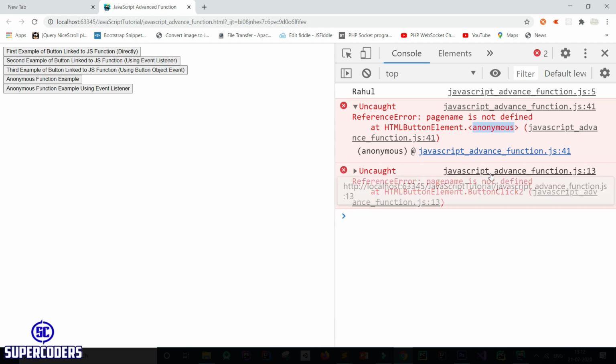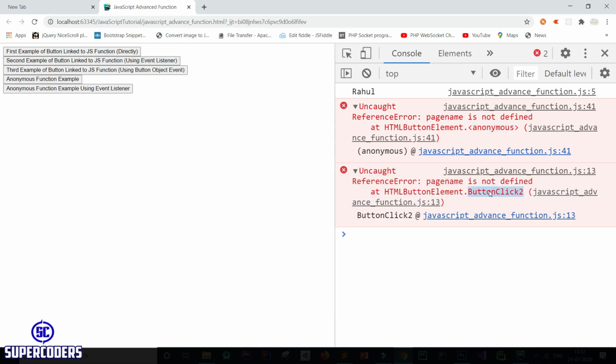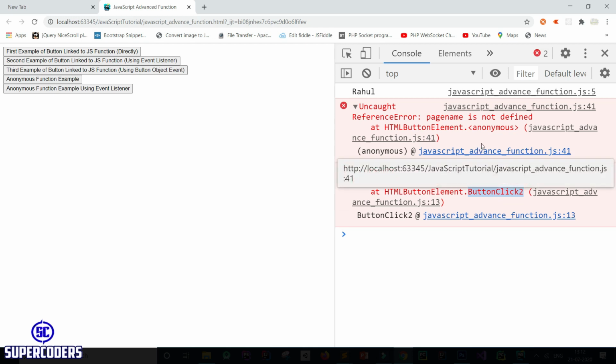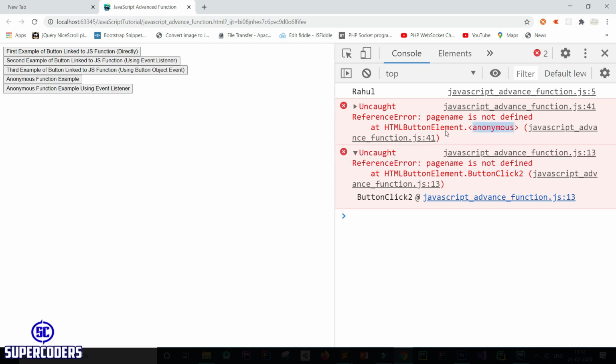But if I use this, you can see it prints the button click name, so it prints the function name, and the other prints anonymous. So these are two examples for finding errors, which is easier with a named function. You can see it prints a function name here, but it prints only anonymous there. So that's why we link a function to an event listener by name.